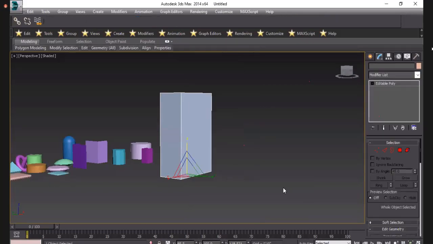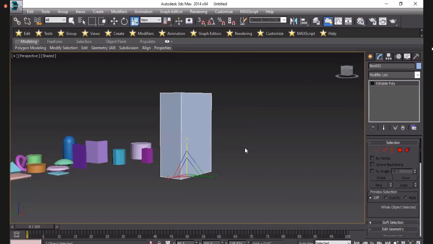If you change this setting, here is your command panel and your modify tool, which has changed in that panel. You can see here it says editable poly.